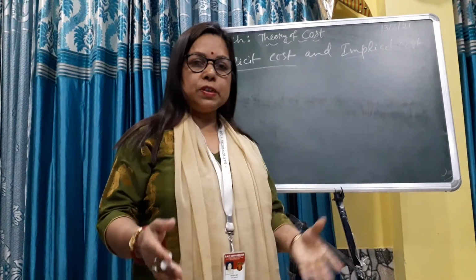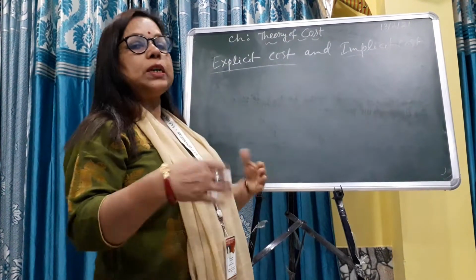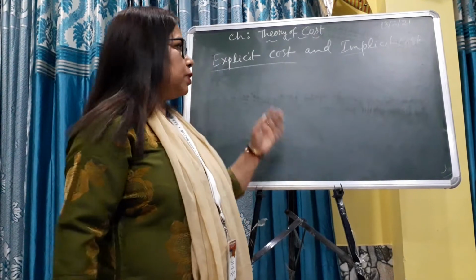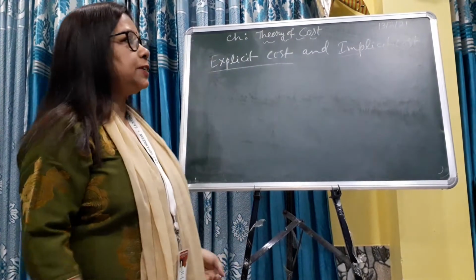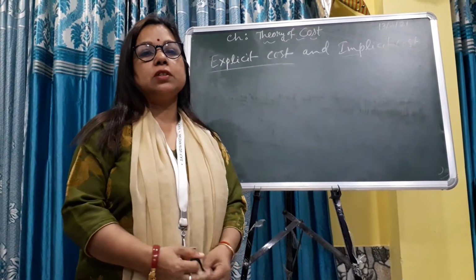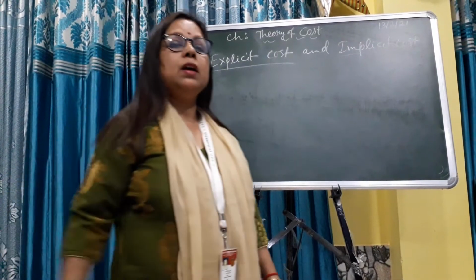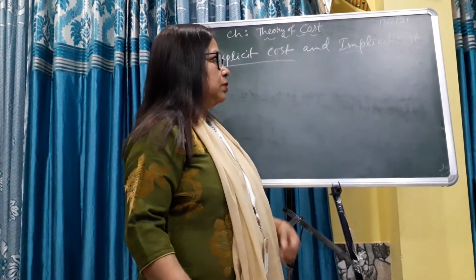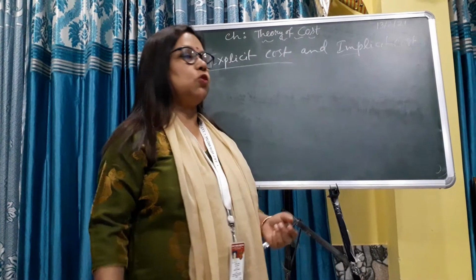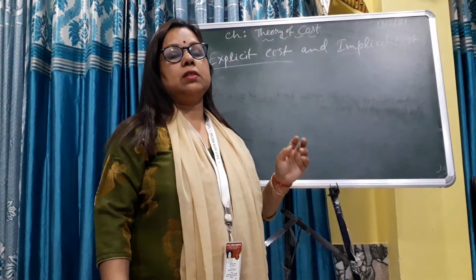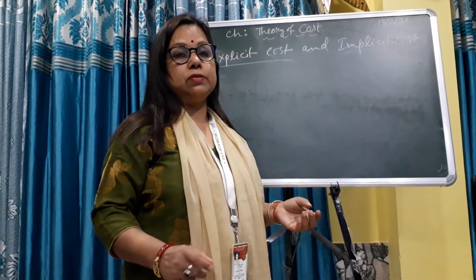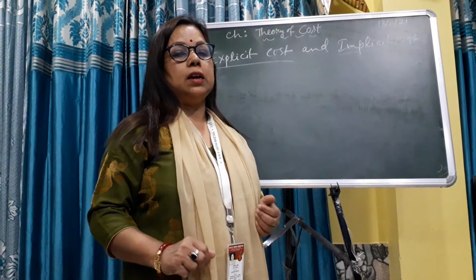It is known as the estimated cost or imputed cost. Explicit cost is the actual payment when we give the money for the hired factors, and implicit cost is for self-supplied factors of production. For these we do not give the money, but we write the payment in the register. So it is known as estimated cost. This is very important. In the examination it may be asked to write the differences between explicit cost and implicit cost.